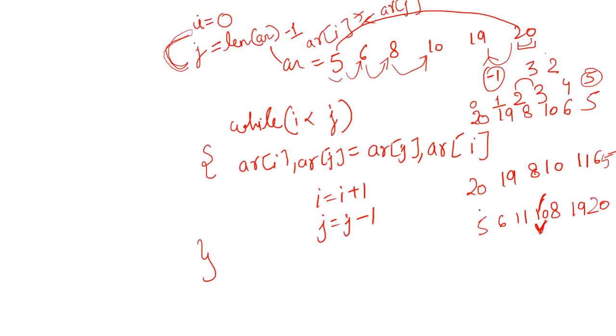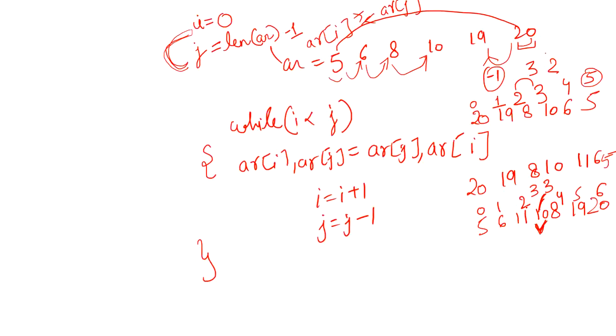So here also i value is going to be 0, then 1, then 2, and j value is going to be 6. So 6 5 4, so this is going to be 0 1 2 and 6 5 4. Then what will happen, i value is going to be 3 and j value is going to be 3. So here also the condition is not satisfied. So we will come out of the loop, right? And this is how it will work. I'm sure that you are properly clear with the approach.